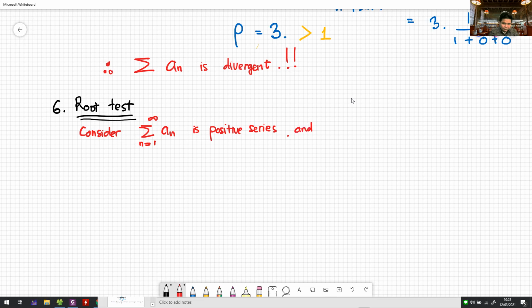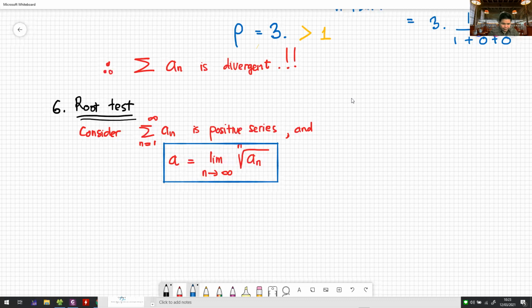Consider a_n this one, and let's say A is the limit of the nth root of a_n, that is, the limit as n goes to infinity of the square root of a_n to the power of n. Ini adalah, we assume it, the a_n. Point number 1,